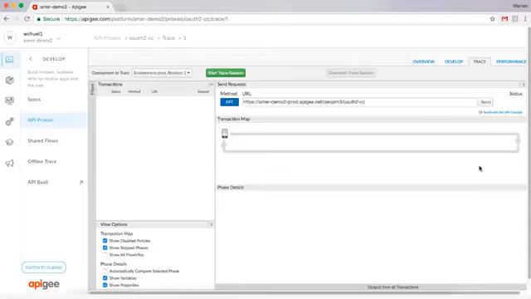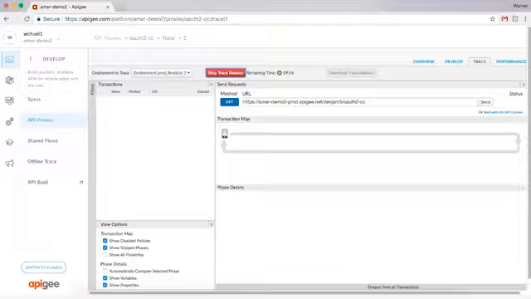Now we're in the Trace tool. First off, ensure that you are in the correct environment by verifying the Deployment to Trace drop-down menu. In order to start the trace, click on the Start Trace Session button located on the top. Now we've turned on the trace.